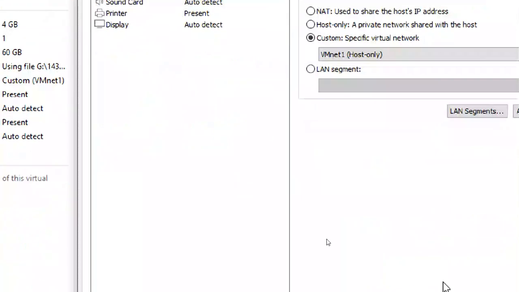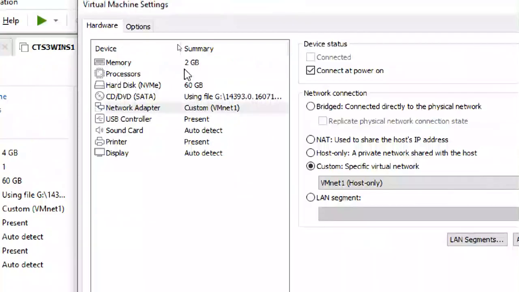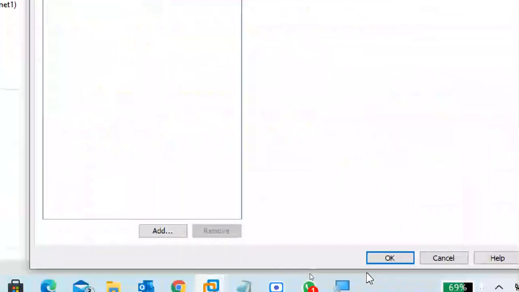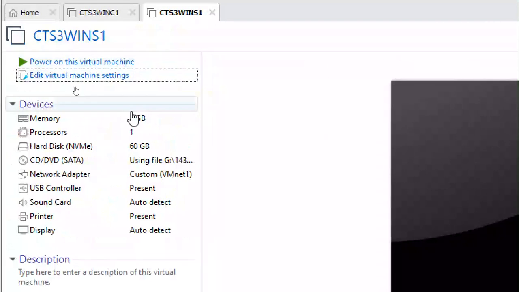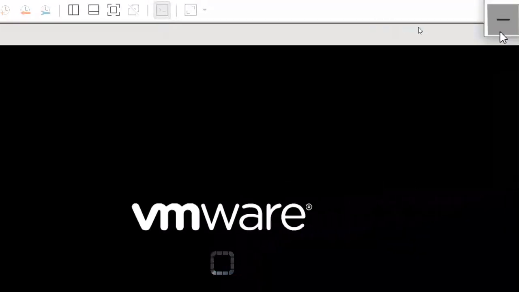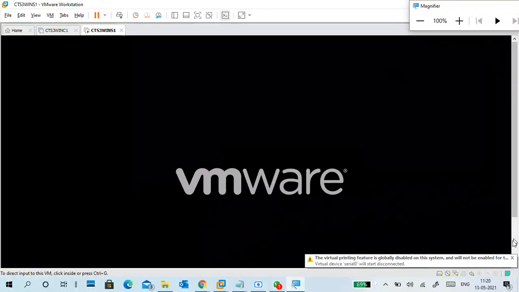Hardware related, better not to change it, like check marks and all. Okay. Now it's a 2 GB machine, so powering on. Okay, because we took 4 GB only for installation and the tools installation.